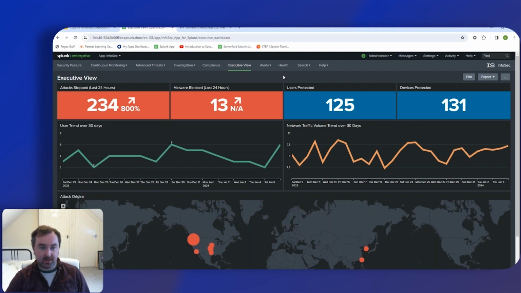The first one we're going to take a look at is the executive view. Here we can see a very high-level view of what's going on in this environment. The story of this environment is that this network has been attacked and now has malware on it. We can see here from across the top, red and blue, attacks being stopped, and malware that has been blocked in the last 24 hours, and the number of devices protected